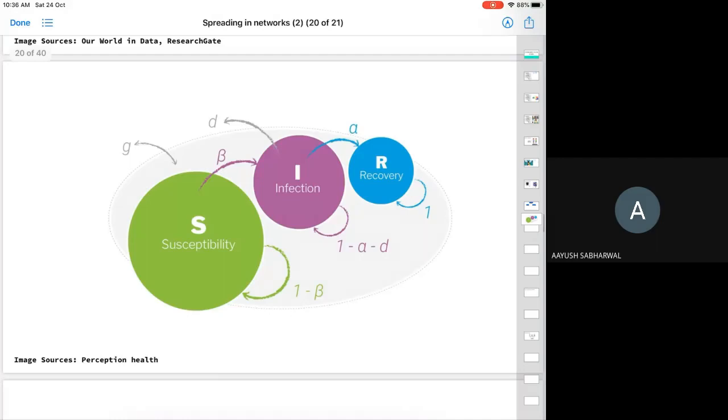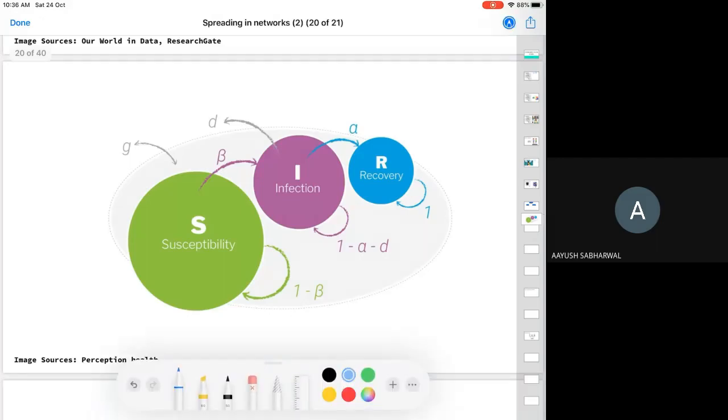To the compartmental model. What's a compartmental model? We require them because now I have to model the spreading of a disease and I do not have the contact network. So how do we do that? You can just meanwhile ignore all these things here. Just consider these three circles here.